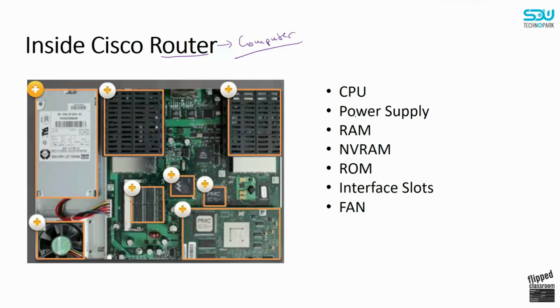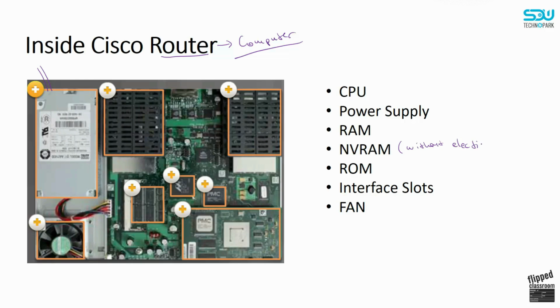which is passing through the router. We have a power supply, which is connecting the router to the electricity. We have RAM, which is like an operating system. We have NVRAM memory, like non-volatile memory. This memory type can store the data without